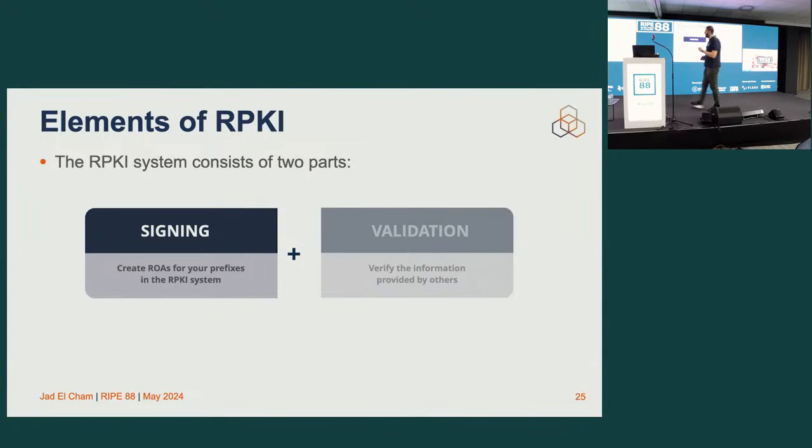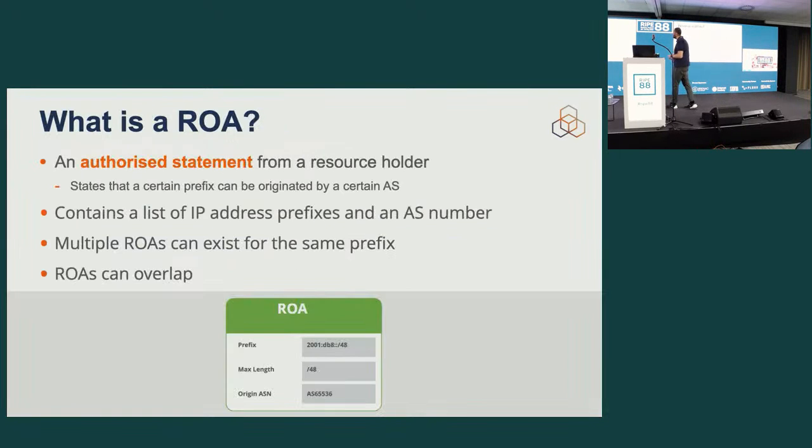And then the second part would be the validation, and we will be spending some time there. Now, before I start talking about the validation, I'd like to talk a little bit about the ROAs, because this is the beating heart of RPKI. If we don't have ROAs, enough ROAs and good quality ROAs, then we cannot do proper validation in the second step. And if we cannot do proper validation, we cannot do origin validation, and then the whole idea of RPKI